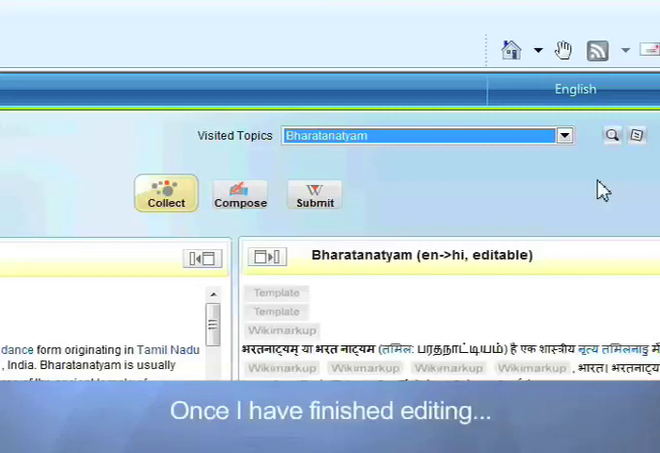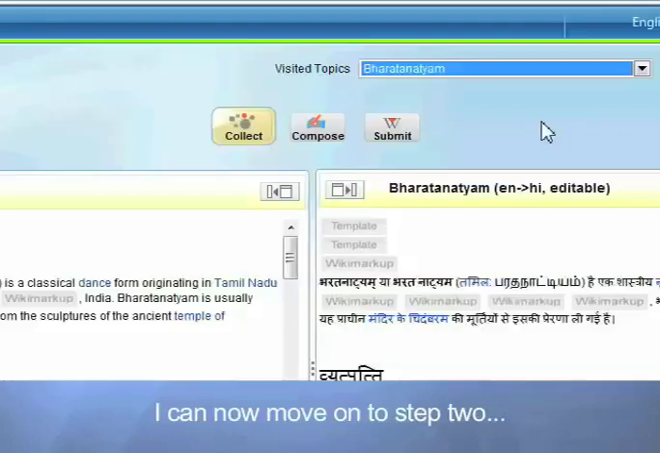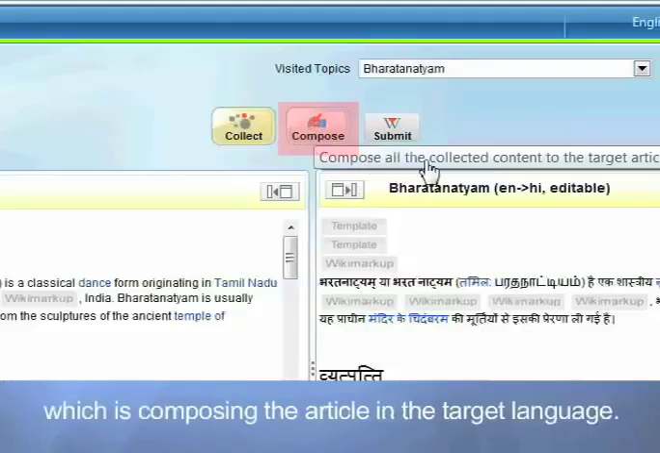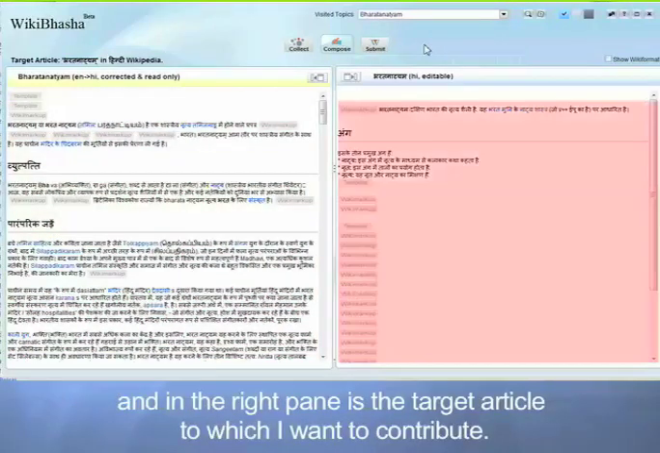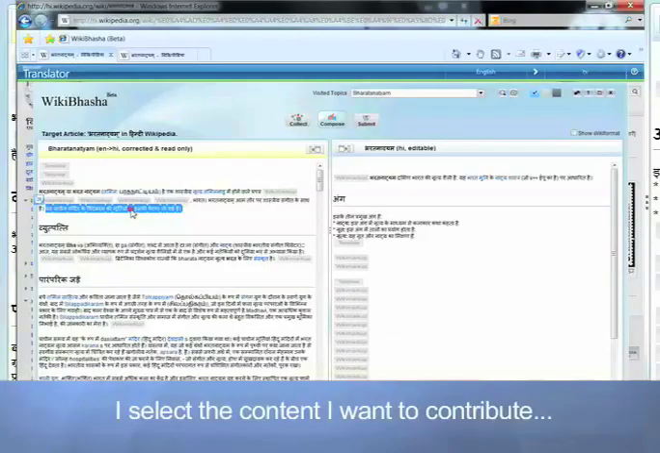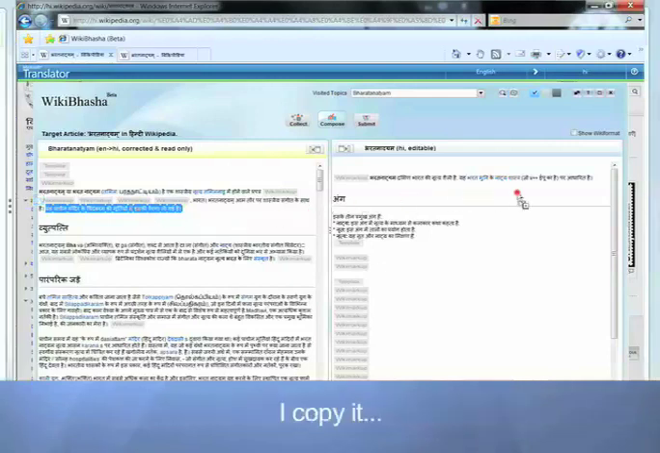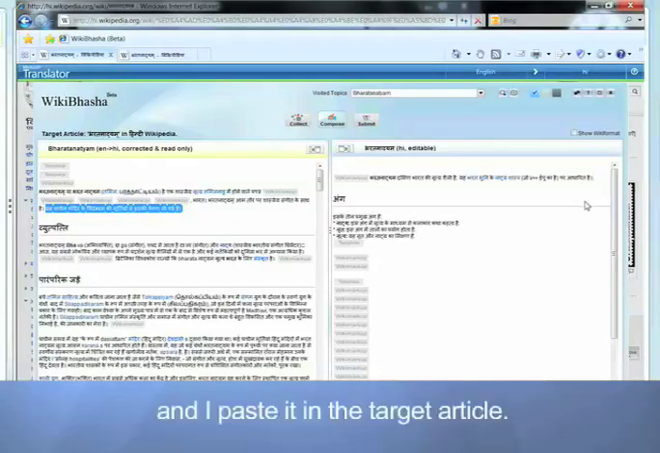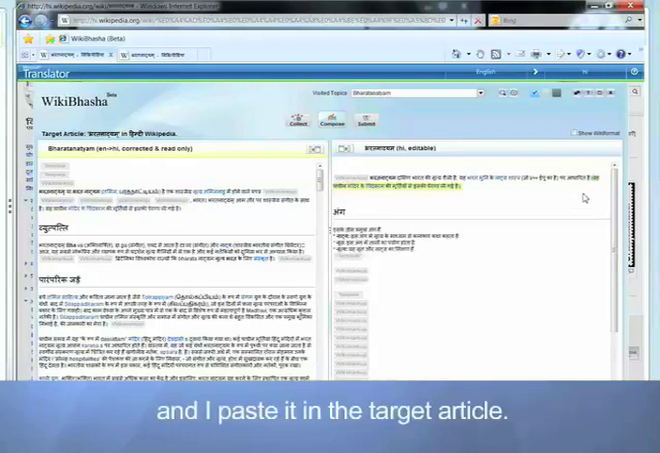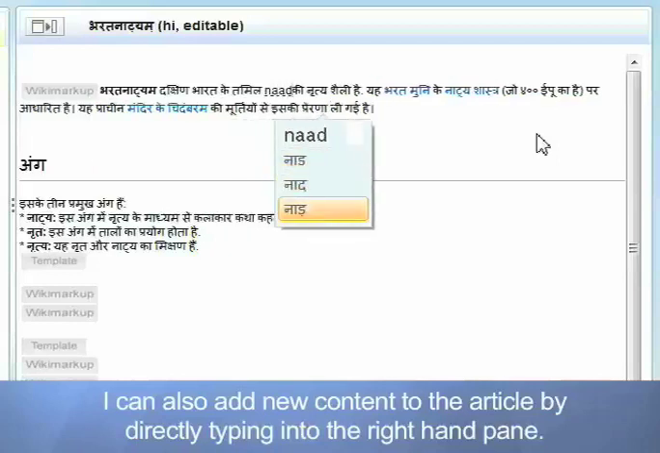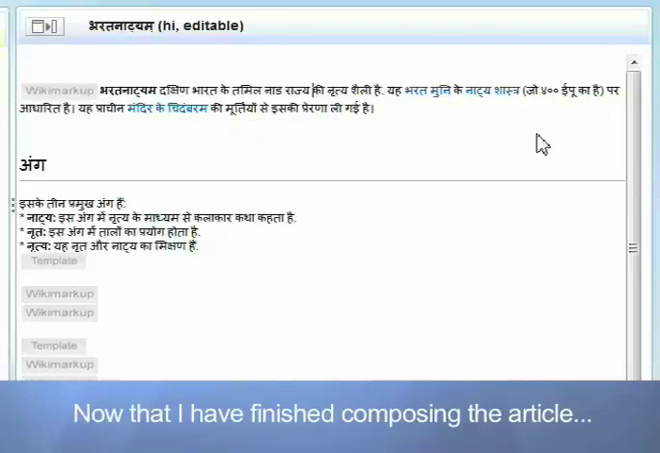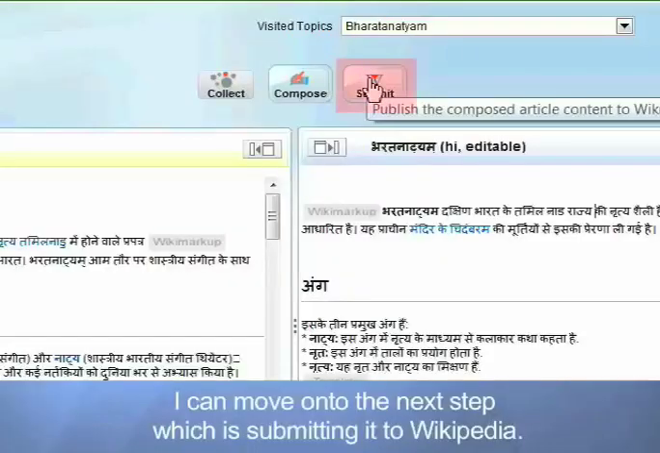Once I have finished editing, I can now move on to step 2, which is composing the article in the target language. In the left pane is the content that I worked on in the previous step, and in the right pane is the target article to which I want to contribute. I select the content I want to contribute, I copy it, and I paste it in the target article. I can also add new content to the article by directly typing into the right-hand pane. Now that I have finished composing the article, I can move on to the next step, which is submitting it